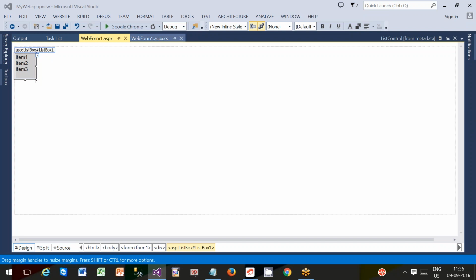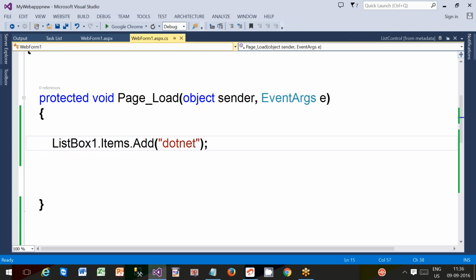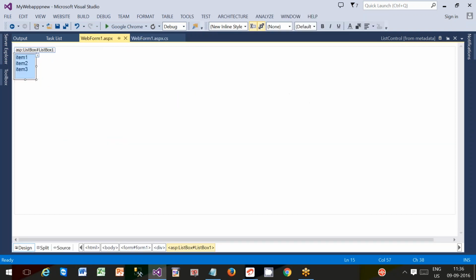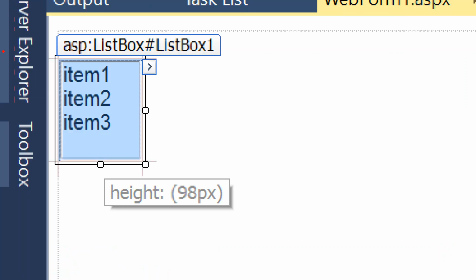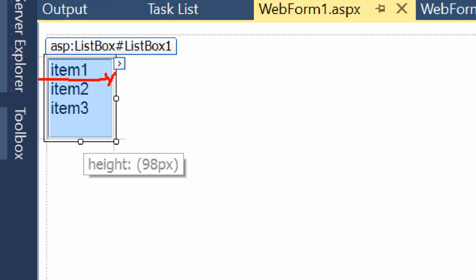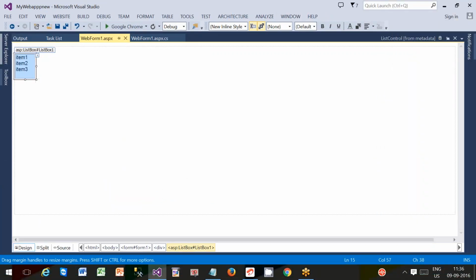Come back to our discussion. The Add method is adding like that, but I don't want to add .NET as the last item. I want to show .NET in between item 1 and item 2. Between item 1 and item 2, I want to add .NET. For that, they have given one more method. That method is